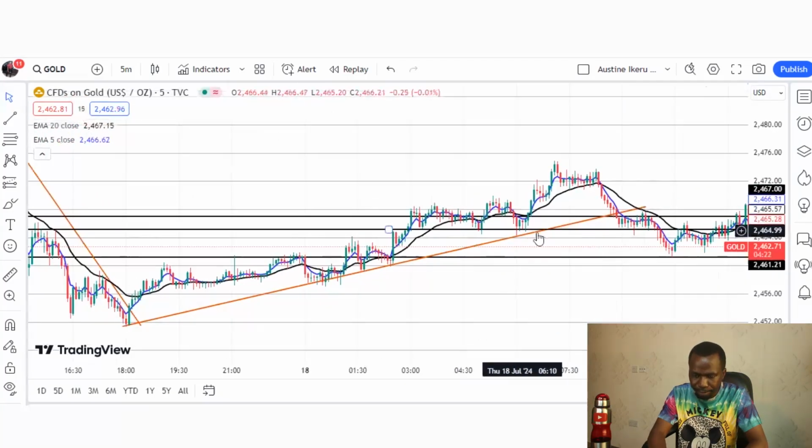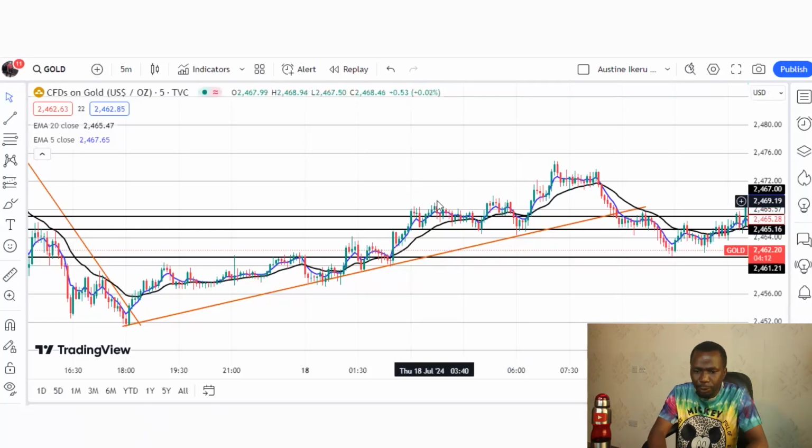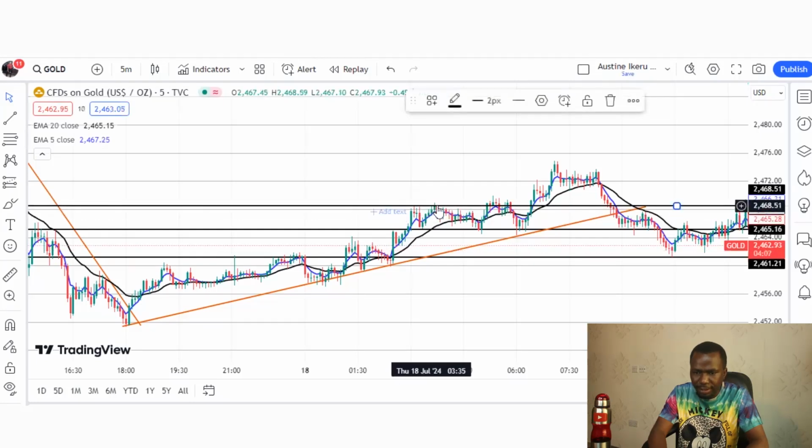So now the price rallied down, and they took their buy trade, and the price began to rally up. As a scalper, you look at the previous swing high, which is this point, to take your profit. As you took your buy trade here, your profit will be at the previous swing high. So this is where you have to take your profit. So the price rallied up and smashed your take profit.